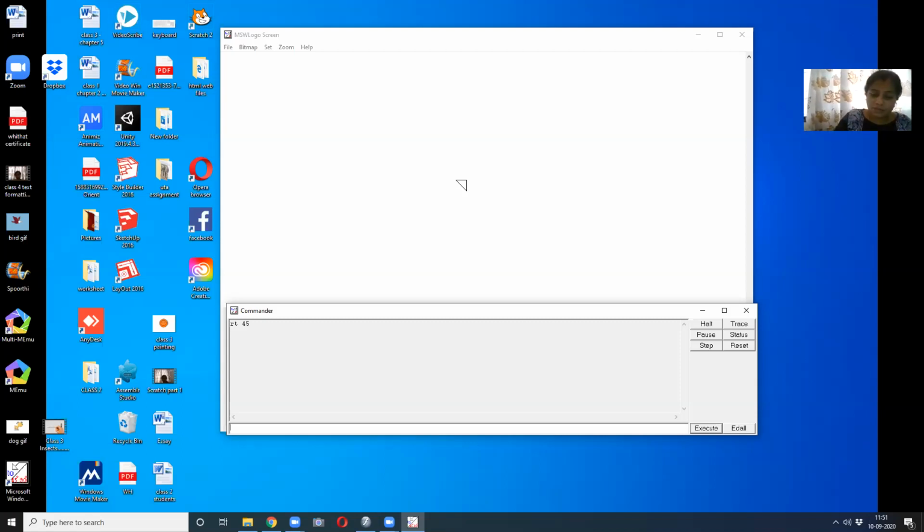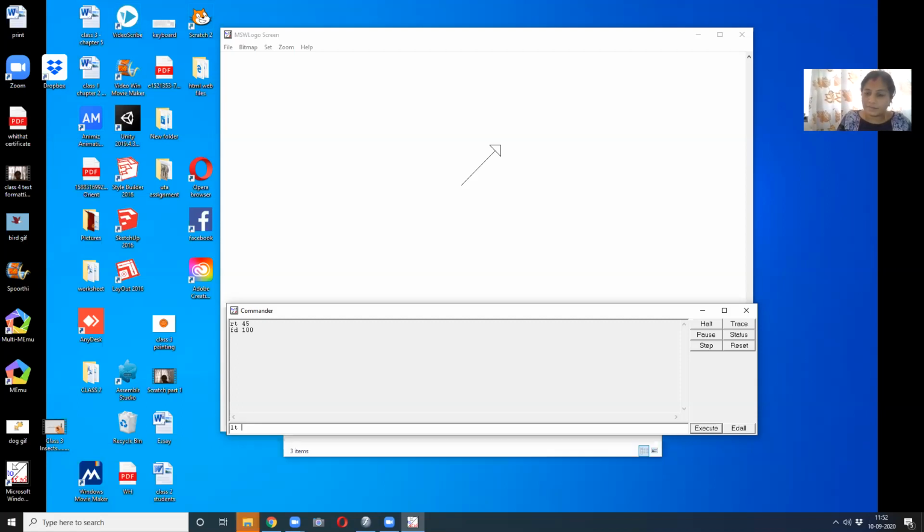So I'll say forward 100. See, now it went like this. And then I will turn to the left side now, LT 90. See, it turned. Now I'll say forward 100. I will say again right turn 90 degrees, forward 100.